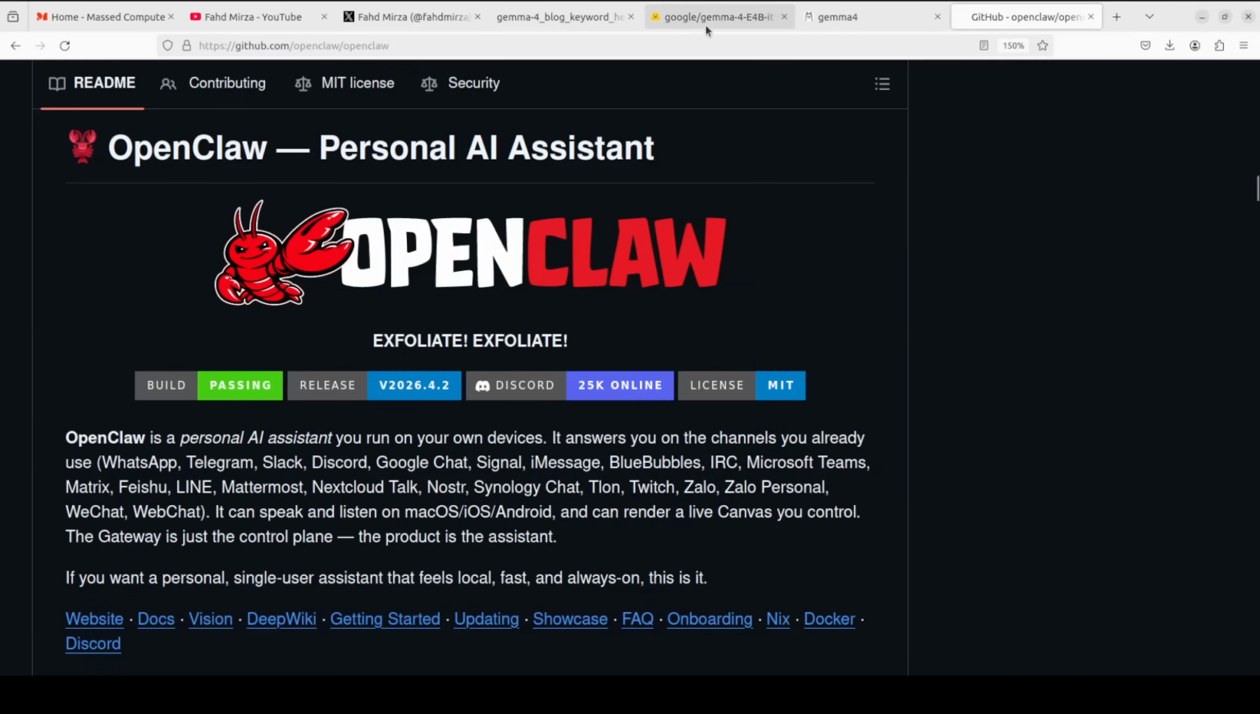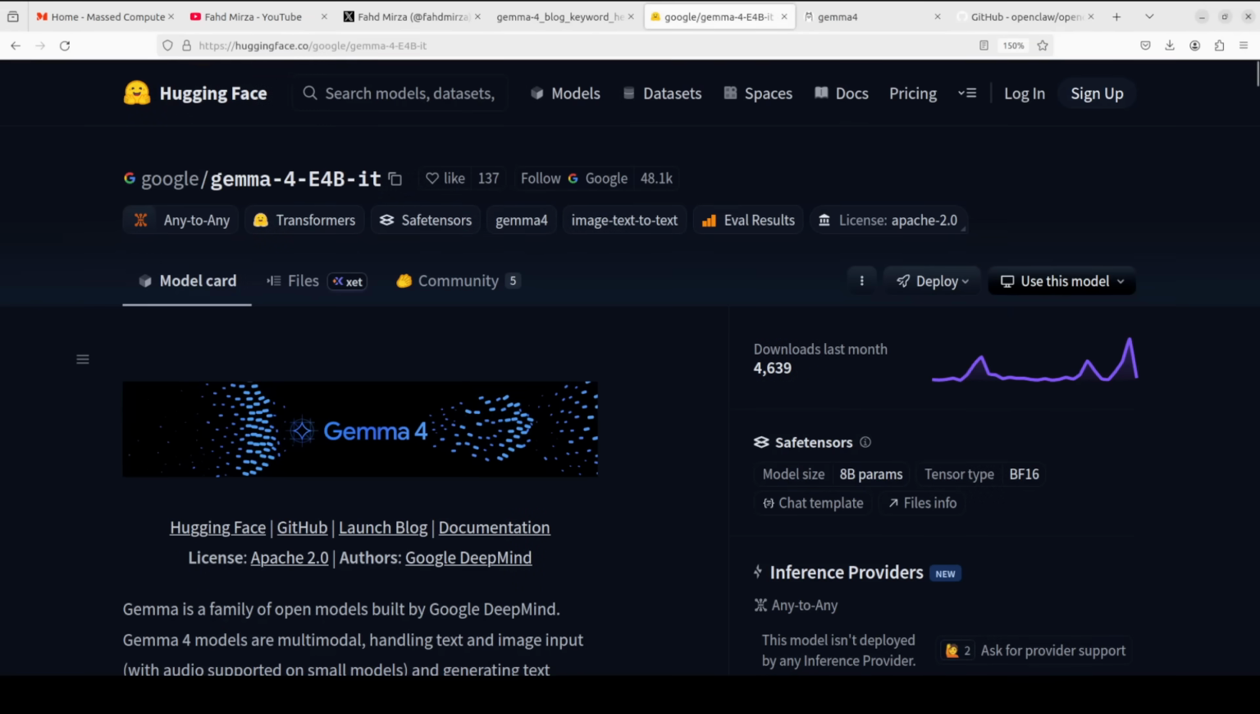Now, while it downloads that model, let's talk more about what exactly this E4B version is and what is meant by E4B. This is the edge optimized variant that runs at an effective 4 billion parameter footprint during inference while packing 8 billion total parameters with per layer embeddings. What it means in simple words is that